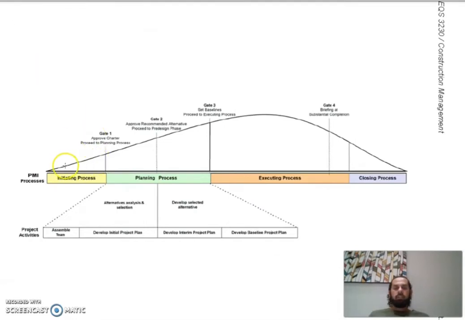Now, if you want to see the level of effort, you can see here that this curve goes up steadily. Then afterwards, it goes up to the peak, then drops steeply down to the end of the project. But you can see from this graph that the curve peaks at almost the middle of the executing process. Then afterwards it starts to drop down until it reaches the closing process. Then we reach zero after closing the project at the end of the project.